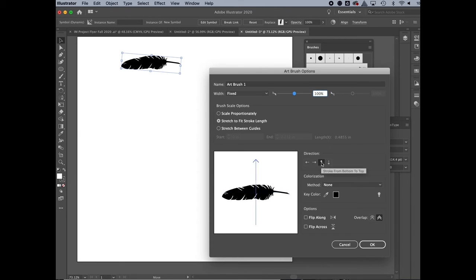I could orient it in different ways, but really this is how I want it oriented. I sort of set it up that way because this is going to happen. And you can either scale it proportionally. So if you paint a long line, it'll make the feather bigger. If you make a short line, it'll make it really small. Or you can leave that unchecked, and if you paint a long line, it'll make a long skinny feather, and if I paint a short one, it'll make a short squat feather. So I'm going to leave it unchecked. I'm going to say OK,